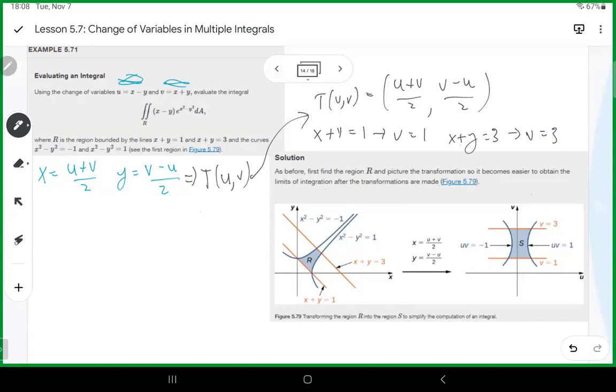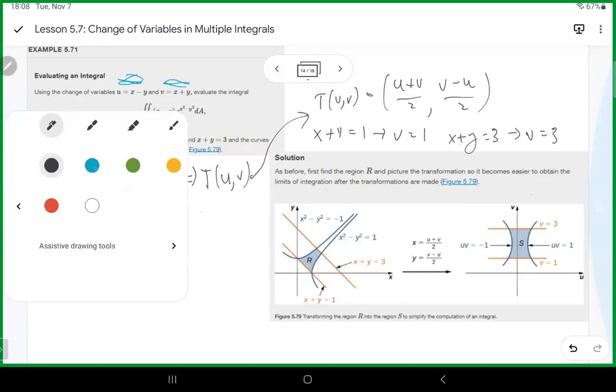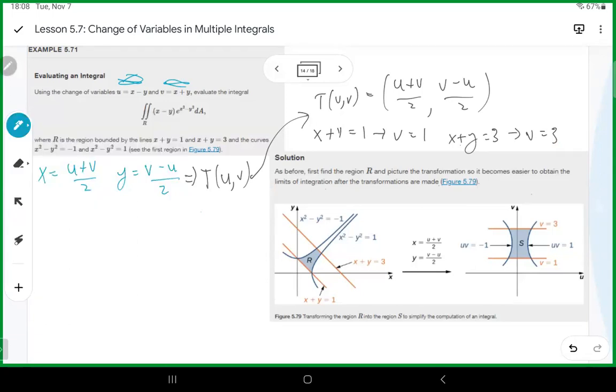The curves x squared minus y squared equals 1 is going to become uv equals 1, and x squared, okay. So we can describe the region S as